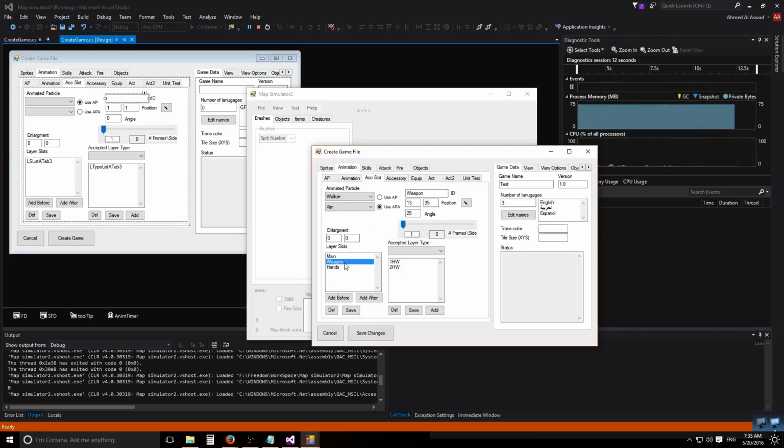What if I want to change the name of weapon into hands? Like changing this to hands and click save. It will screw up because now we have two hands and this is not acceptable. We need to avoid that. So if I select hands and say weapon and click on save,